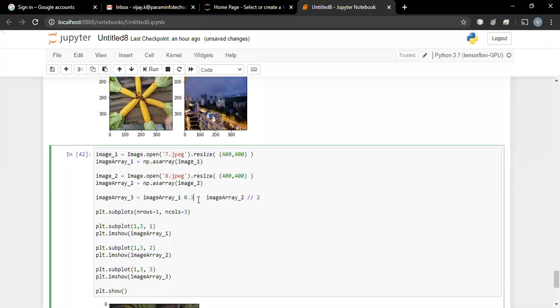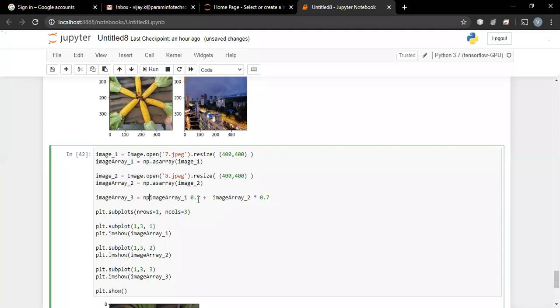But what we want is to give 30% weightage to the first image and 70% weightage to the second image. Can we do it? Yes. In that case, we are supposed to convert the floating point matrix into an integer matrix. How can we do that?